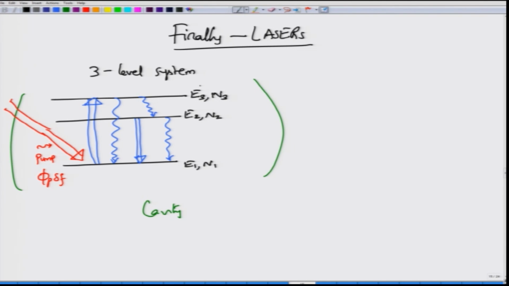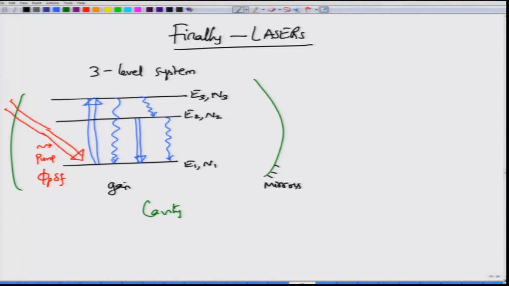This is the material or the gain medium which is contained in the cavity. These green curves are the mirrors, and they serve to give you the feedback. The photons that are emitted will be made to go back into the gain medium again and again, so that you can have this huge buildup of stimulated emission. And of course, you cannot just keep making them go back and back without supplying an external pump, and that is what we are going to do. We are going to supply an external pump which is shown in this red line.